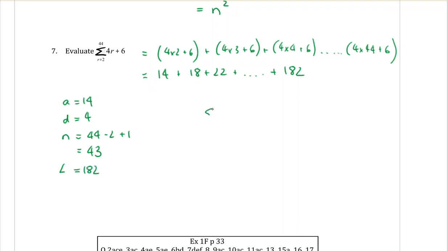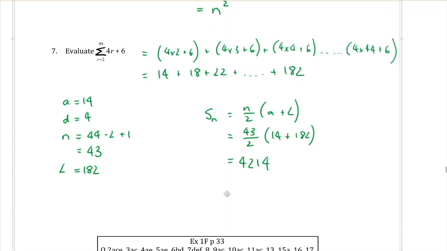We can now use our sum formula using the last term, the second one there, to sum that series. Oh, nearly there. So n is 43 over 2, a is 14 plus L, which is 182. And then it's just calculator from there. We get 4214. So please make sure